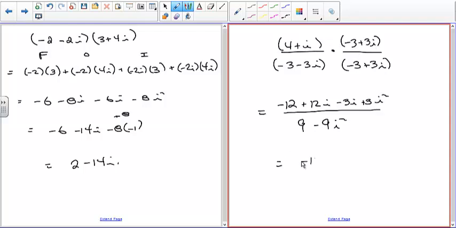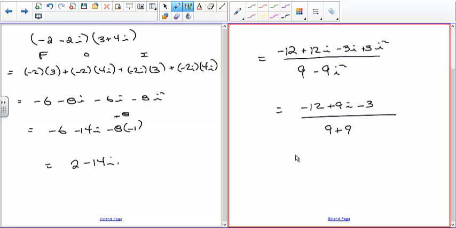So in the numerator, we got negative 12. Combine the middle two terms. 12 minus 3 is 9. Then you're going to have 3 times negative 1, so it's negative 3, all divided by 9 plus 9. So you get, i squared is negative 1. Negative 1 times negative 9 is positive 9. Okay, finally, we can combine the two real parts. So you have negative 15